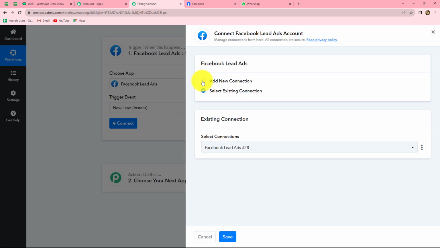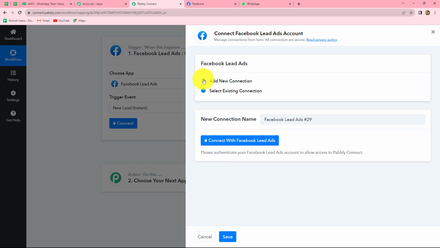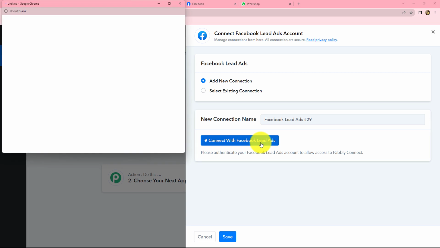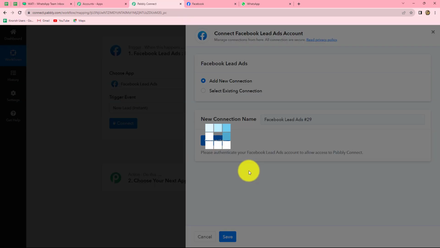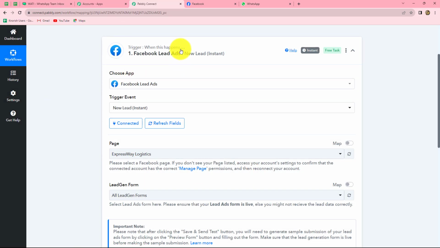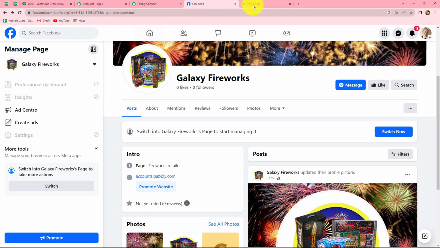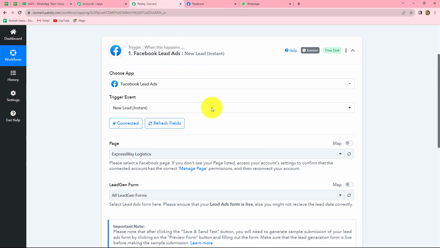And here I'm going to select Add New Connection to build a new connection with the Facebook Lead Ads account. Let's select it, and now we have to click on Connect with Facebook Lead Ads. And we can see that our authorization is successful very easily and our Facebook Lead Ads account is connected with Pabbly Connect. The connection became very easy because I was already logged into my Facebook account. So you also have to keep in mind to always stay logged in to your applications